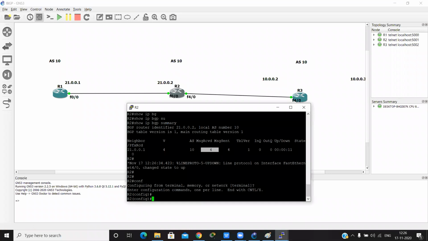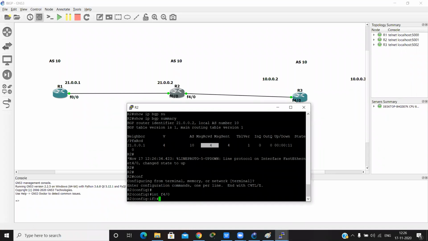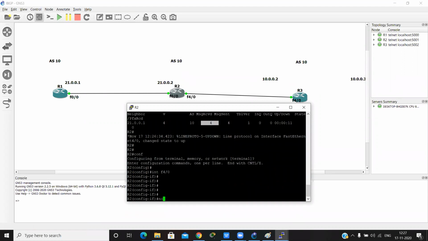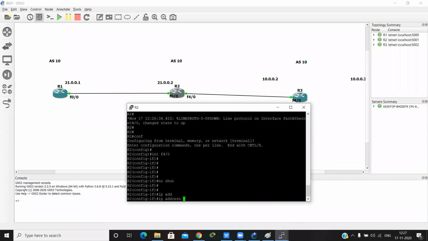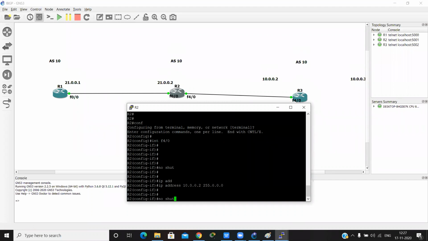Firstly, we have to configure the IP address on FastEthernet F1/0 and no shutdown. The IP address is 10.0.0.1, 255.255.255.0, and then no shutdown.